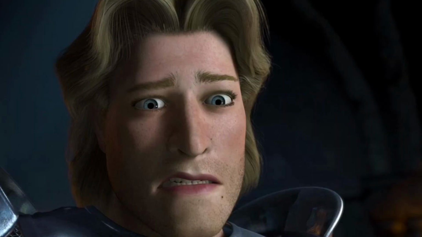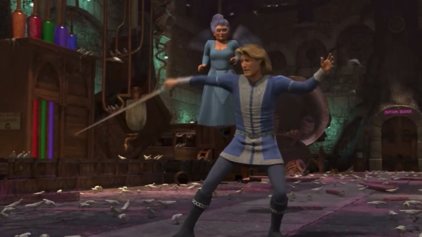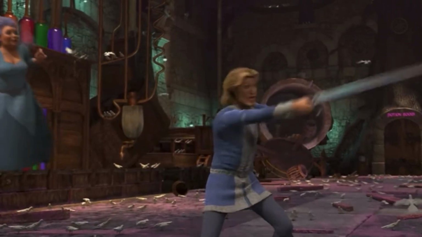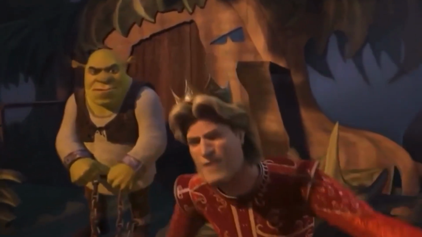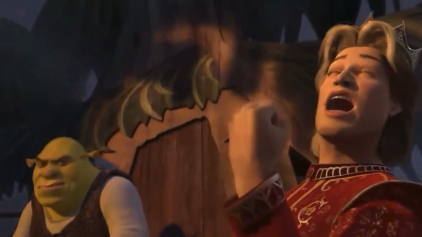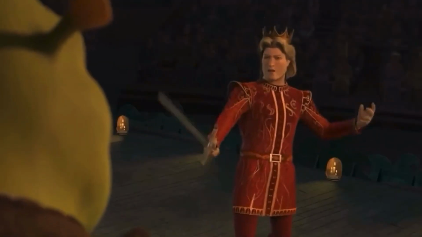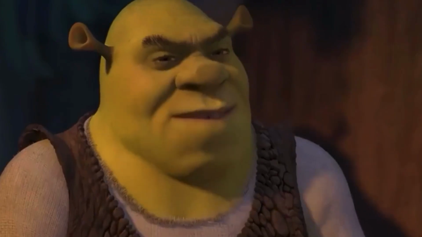Oh, Prince Charming. Okay, look, in the second movie, he serves his role fine, he does good, and in the third movie, it logically makes sense for him to be the villain, because his mom died in the second one, so he's trying to get revenge, I understand, but they make him look so pathetic. I get that that's kind of his whole character, but like,